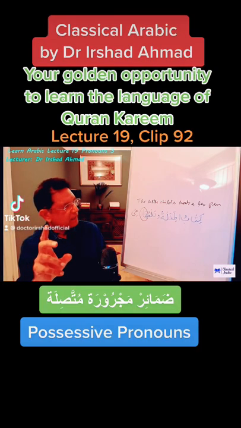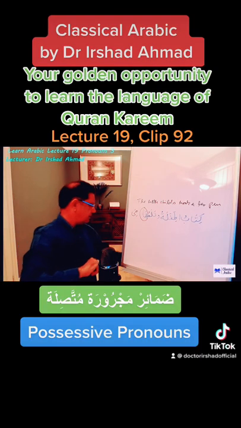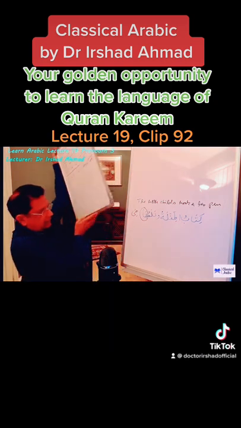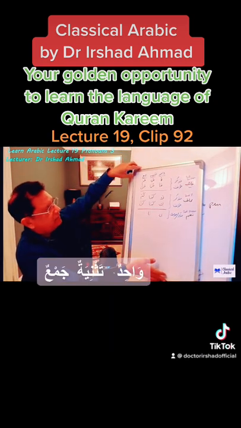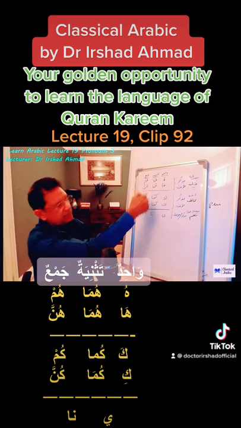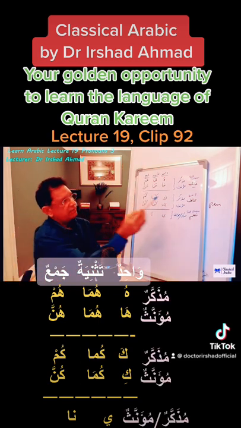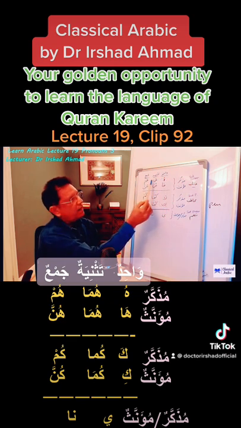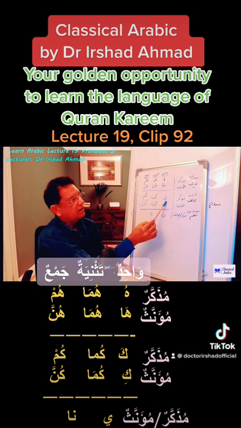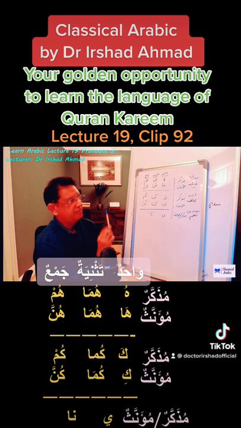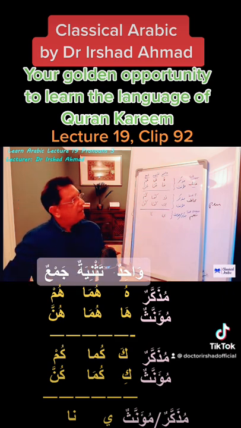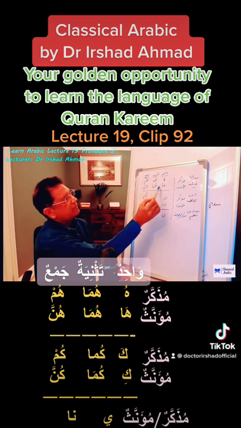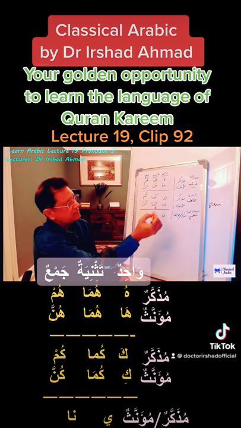Now let us look at the chart of these dhamair. It's very similar to the other chart because there are 14 forms. So we start with the third person: hu, huma, hum, ha, huma, hunna, ka, kuma, kum, ki, kuma, kunna, ya, and na. So if we look carefully here, these four are common in subject pronouns, and these we call